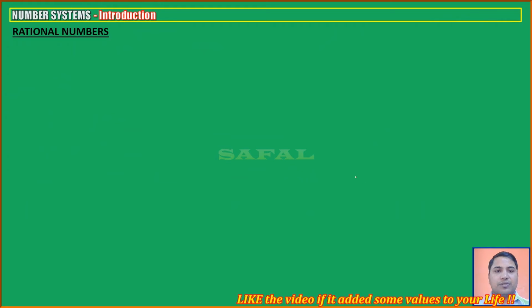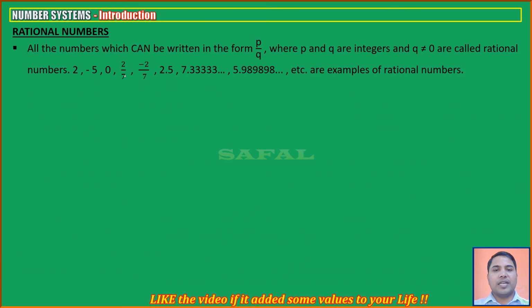The next number we have in the list is rational numbers. Now those numbers which can be written in the form p by q, where p and q both are